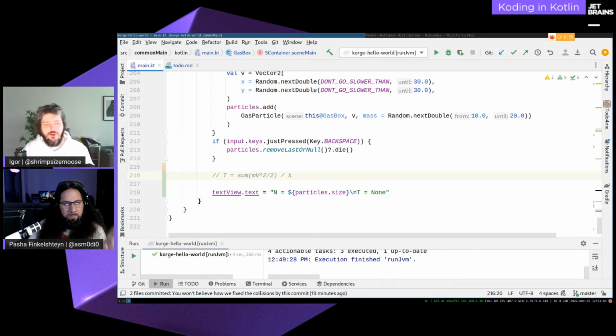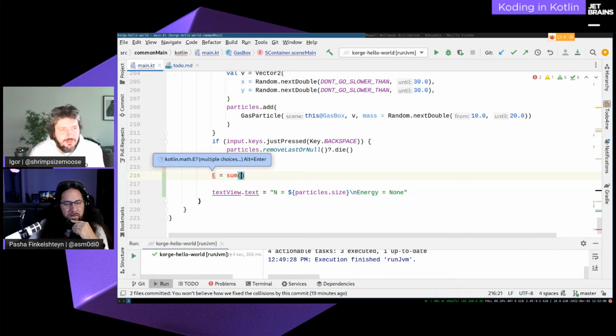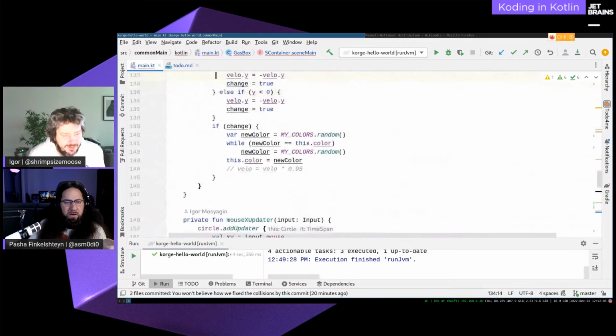And this would be our estimation of energy in the system. So let's say that we don't want to do that, and we'll just calculate the energy. That would be just the sum of all the velocities times mass, and then you can